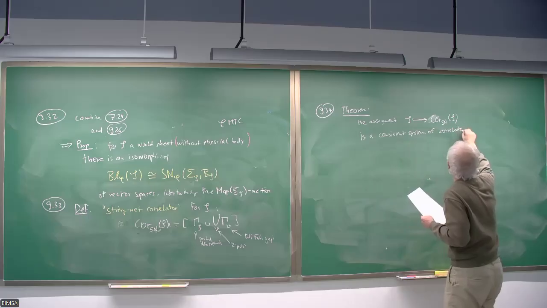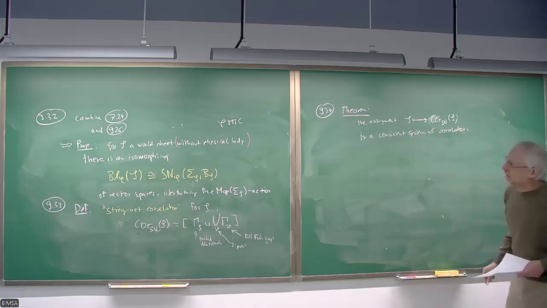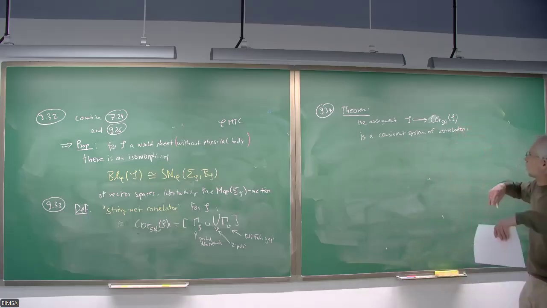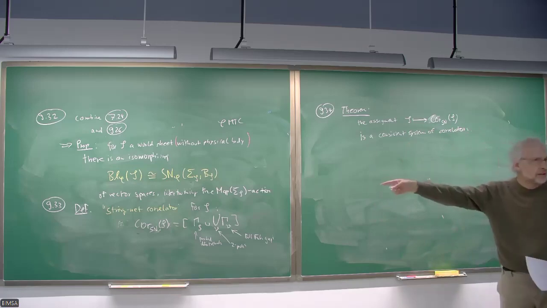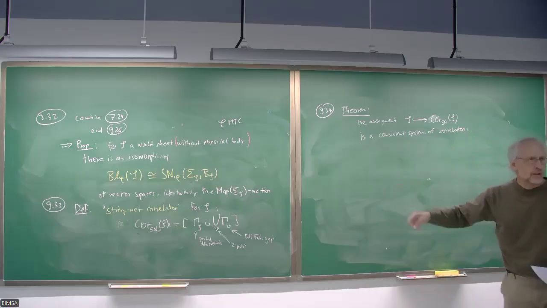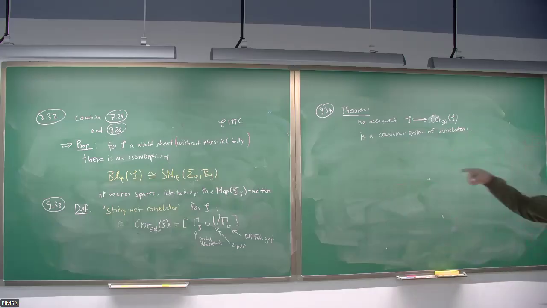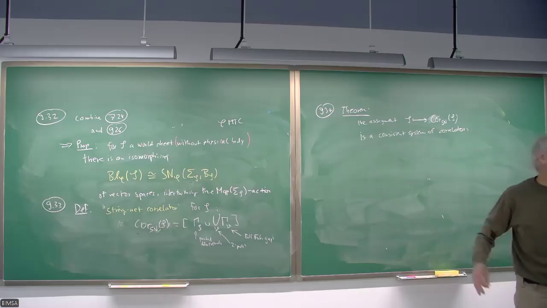Remember, there was a family of choices of elements in the conformal block spaces, such that they are invariant under mapping class group actions, and compatible with sewing. And you have to show that with this definition,